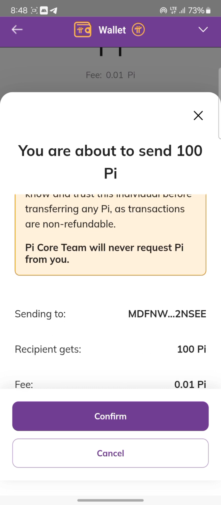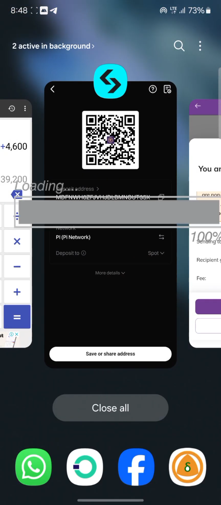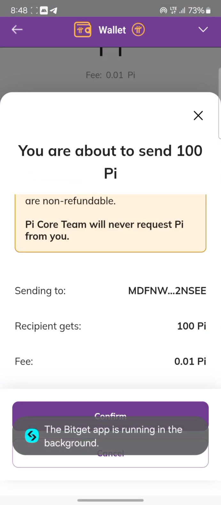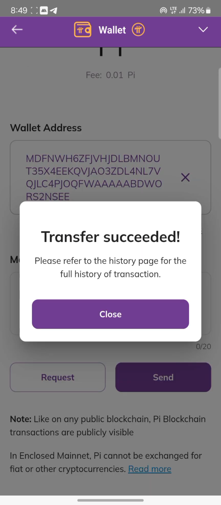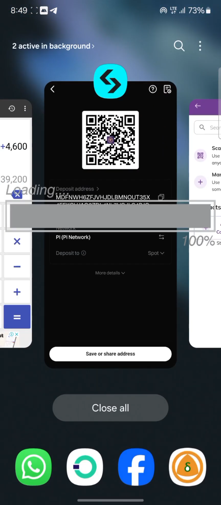This will pop up. Make sure you check every detail. This address here, the address I'm sending to, make sure it corresponds. As you can see, it ends with 2NC. Then let's check. You can see it here is the same thing, 2NC. So the address is correct, and the recipient, which is my BitGate, will receive 100 Pi, and this is their charge, which is 0.01. So I'll click on confirm. I've successfully transferred my Pi. So I'll close that. Then I'll go back to my BitGate